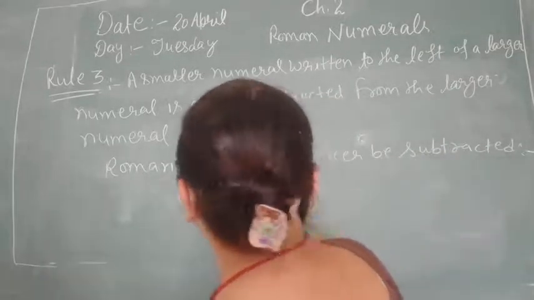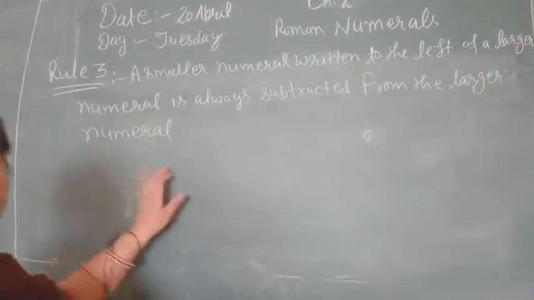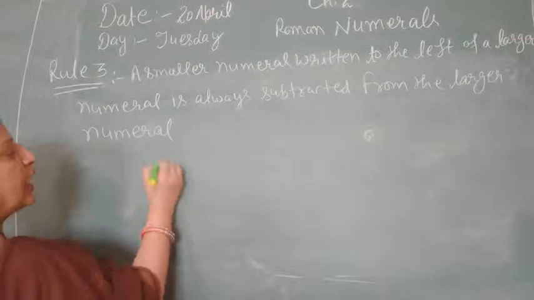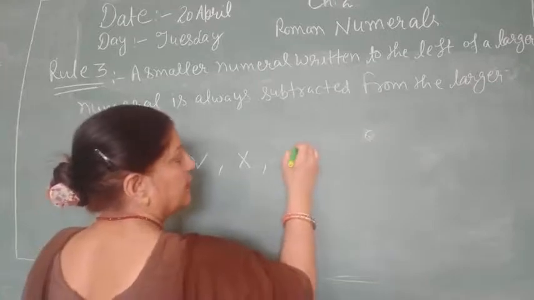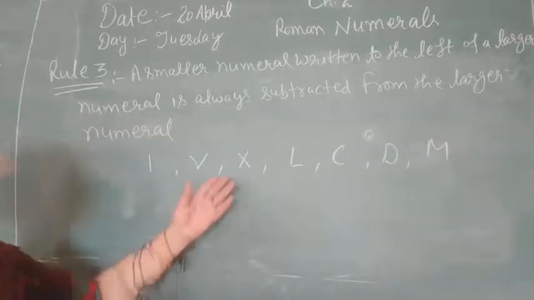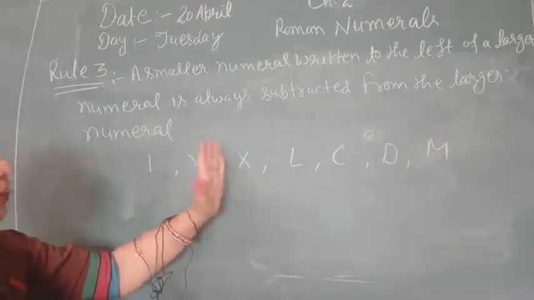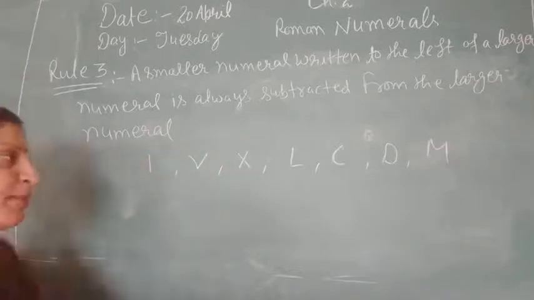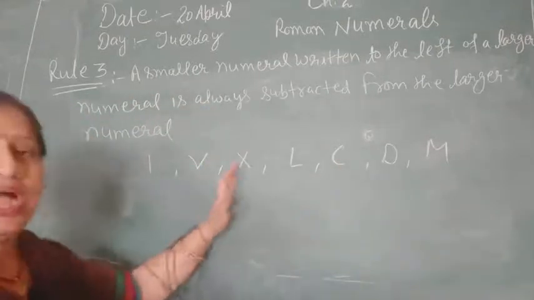After that, one more rule is in this. Now when we subtract the numbers, we have to check I, V, X, then L, C, D and M. When we subtract, first we check which number is bigger, and the smaller number is subtracted from the bigger number. जो nearby smaller है, you have to subtract the number which is nearby to the bigger number.